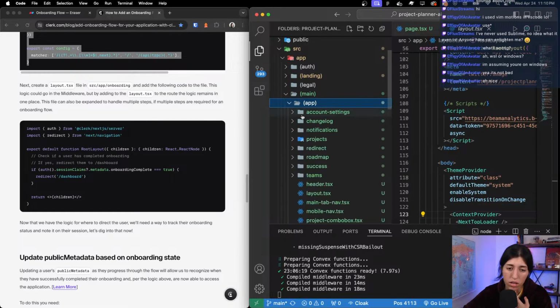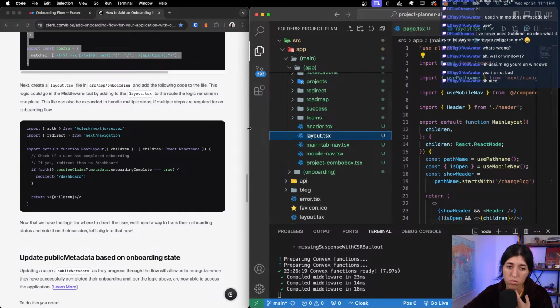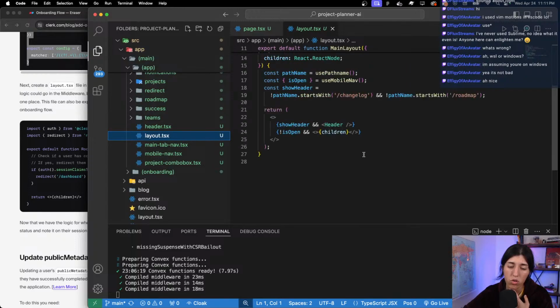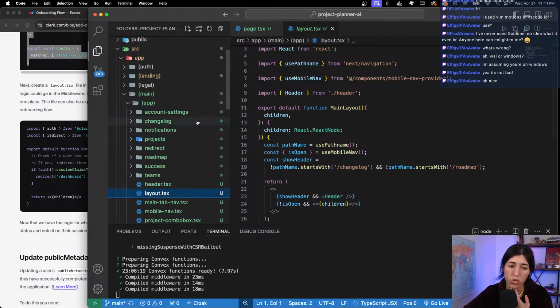Main, account settings, change log. This is the app. Layout. Show header. No, we don't want to show the header. Okay, so then